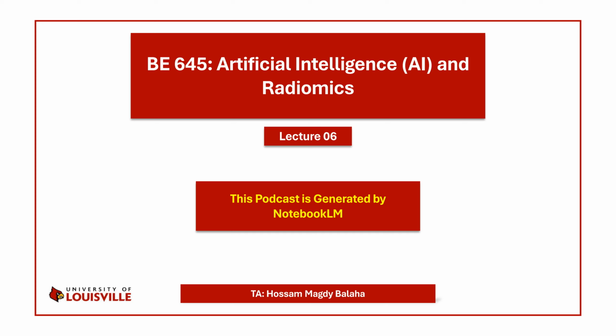The GLSZM looks at the size distribution of these zones. So like if we group together pixels of the same shade, how many are in each group? That tells us how uniform or, well, how varied the texture is. Exactly, and that's important because it can help us analyze things like tissue heterogeneity, how much variation there is in the tissue. That can be a sign of disease, like a tumor might have a more complex texture than healthy tissue. So by analyzing the GLSZM, we're getting a kind of fingerprint of the tissue texture, which can help us